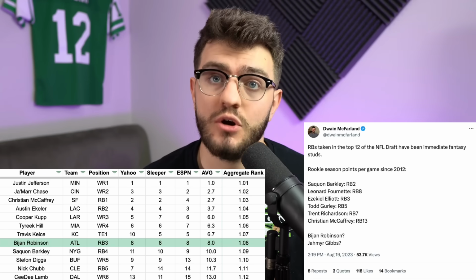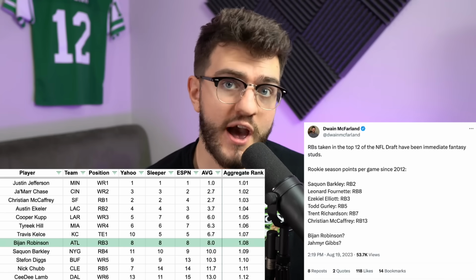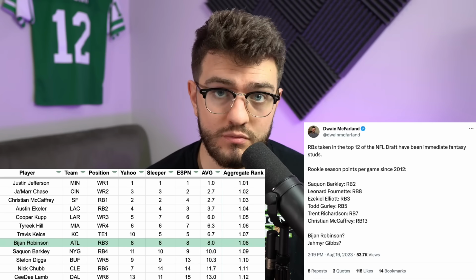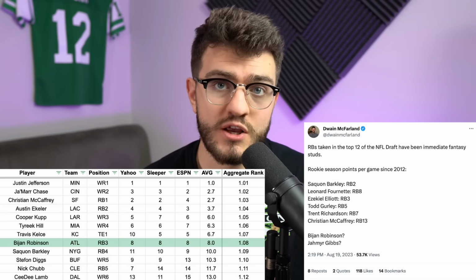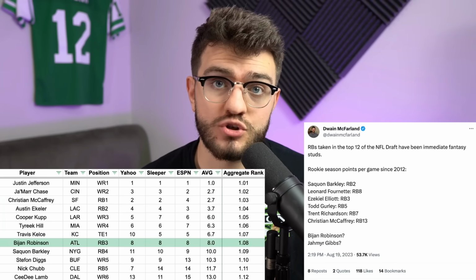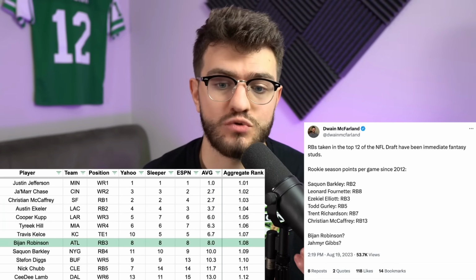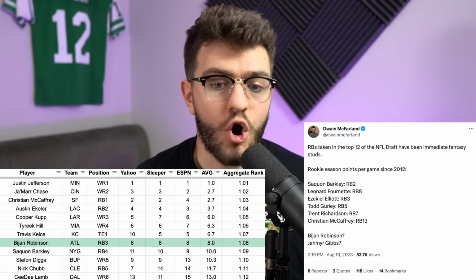If you had to guess who would be the 1.01 next year between him, McCaffrey, Ekeler, and Chubb, it'd probably be Bijan Robinson, which is important. And then he also has super high upside as a young running back in a league where a lot of the best running backs are old and past their prime. So I like Bijan Robinson to be in the mix for RB1 overall.